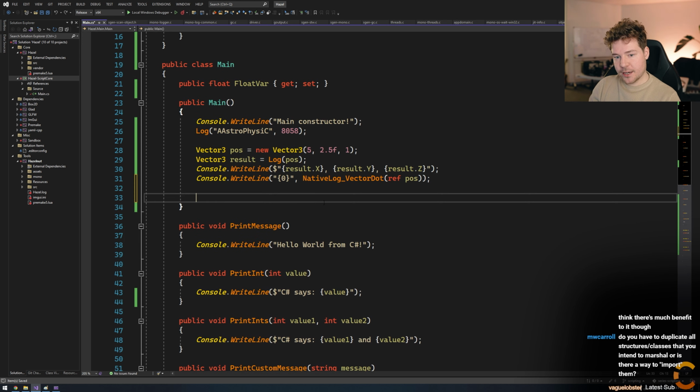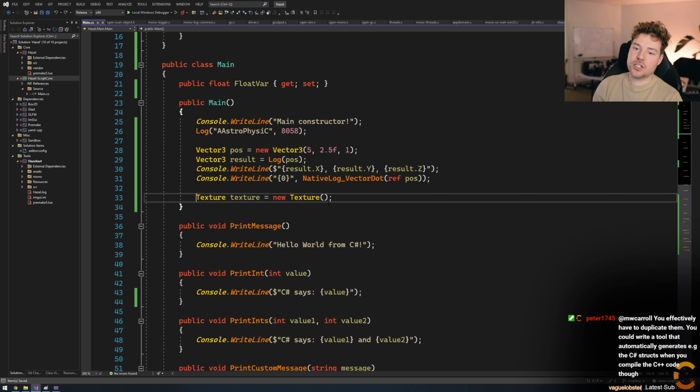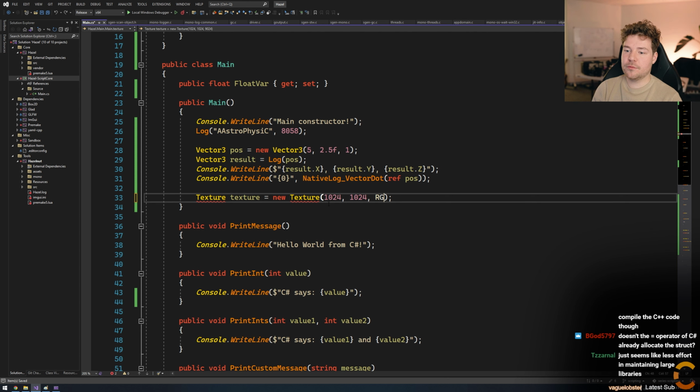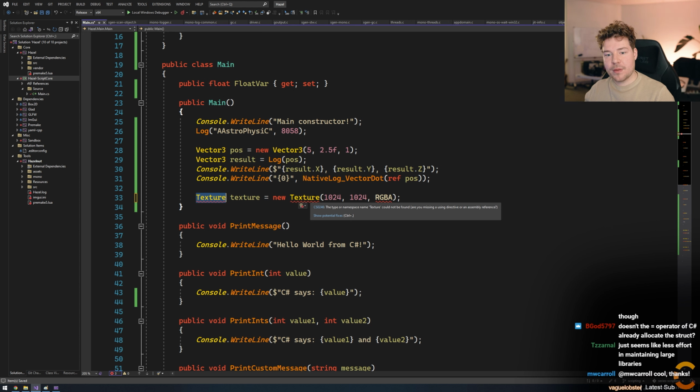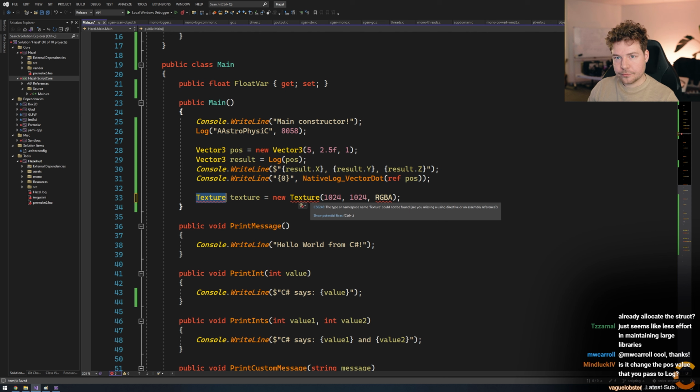But if we start to do things like, for example, create assets. So maybe I want to create a texture, right? And if I create a texture like this in C#, that is like 1024 by 1024 RGBA or whatever, then what this might need to do is create some kind of asset, essentially a texture in native memory. And when that creates a texture in native memory, we get the question of how does lifetime work?